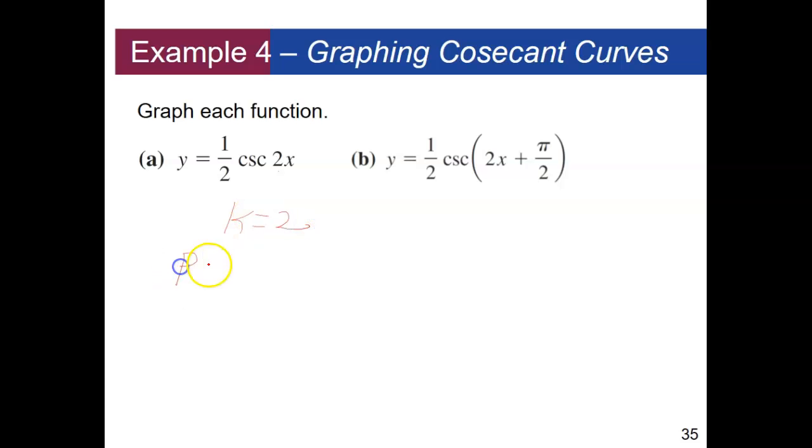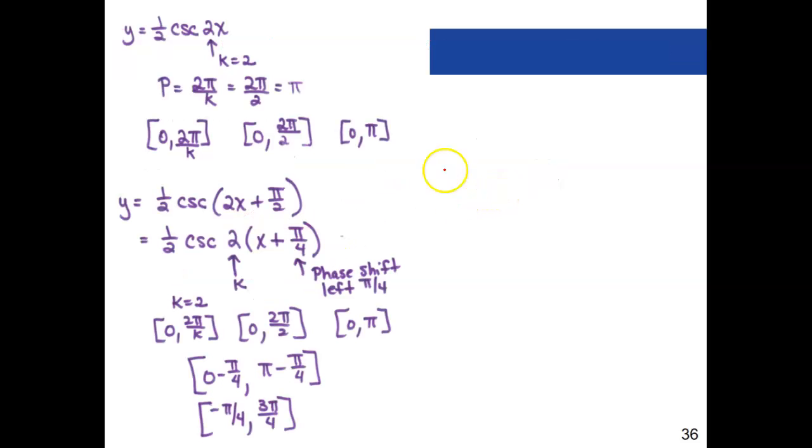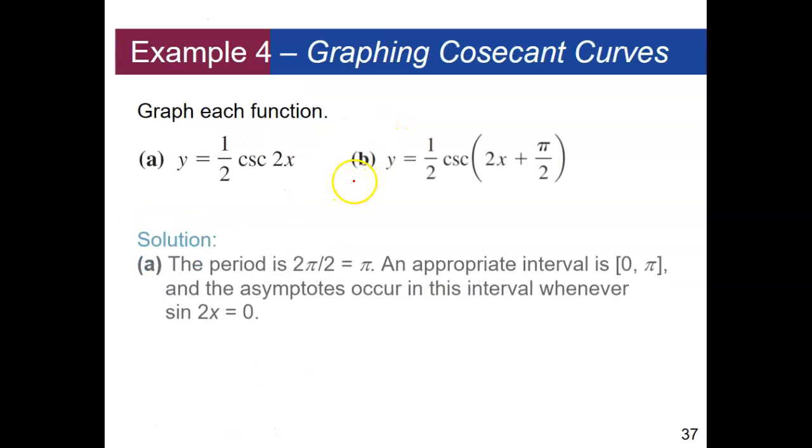Okay, so the period is going to be 2 pi over 2, or just pi for that. If we look at this, like I said, the period is going to be 2 pi over 2, or pi. The standard window or standard interval that we would look at is 0 to 2 pi. Divide this one by k, and so we'll have 2 pi over 2. So our interval we'll look at is 0 to pi. So if I look at the graph for that one,